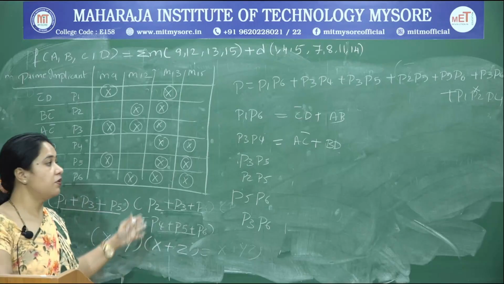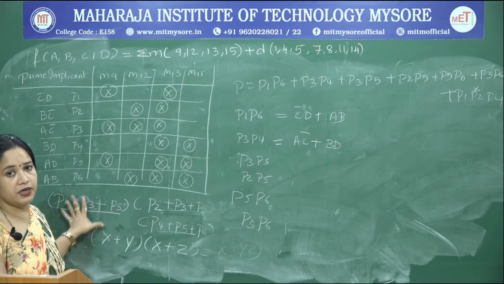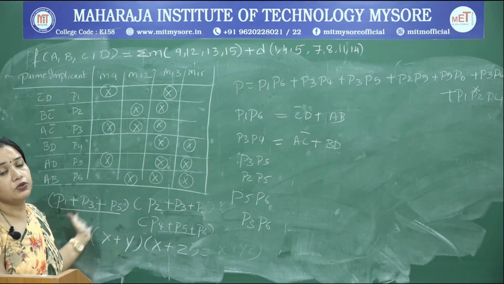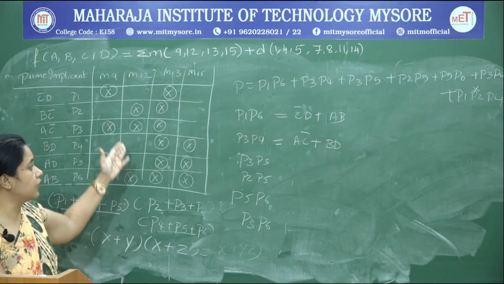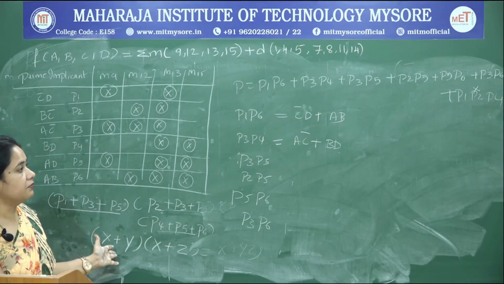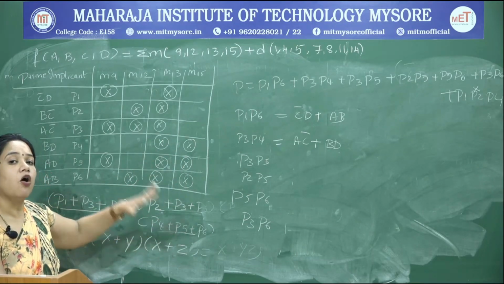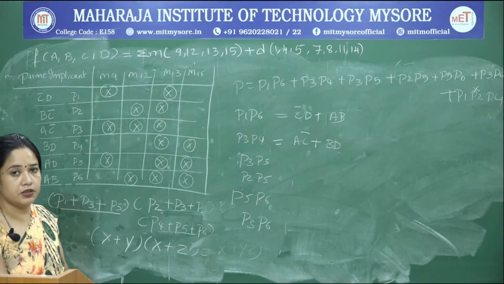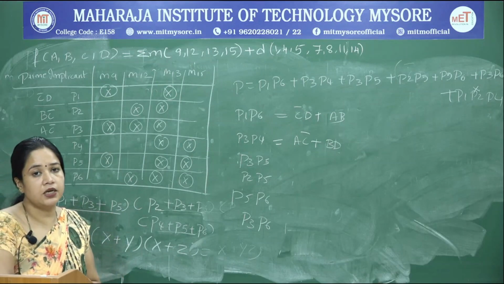Compared to the previous problem, applying Petrick's method for such problems makes sense. Because we have 6 different solutions, using the trial and error method is exhaustive. So you directly apply Petrick's method and arrive at this solution. You will be getting all possible solutions at one stretch instead of using the trial and error method. So with this we are completing Petrick's method.